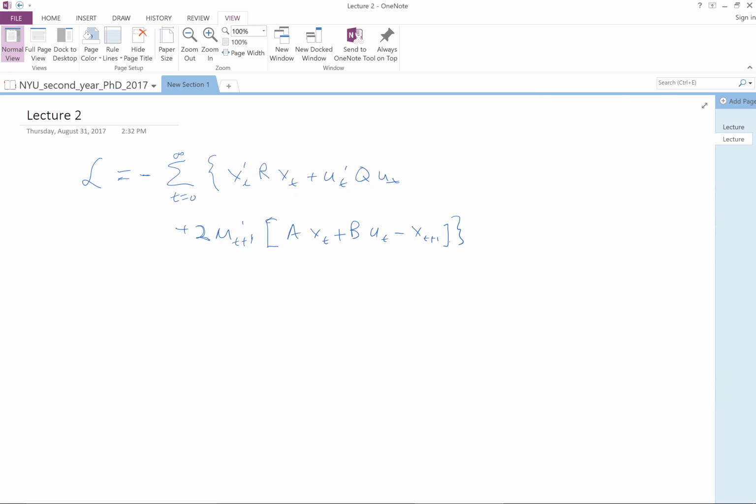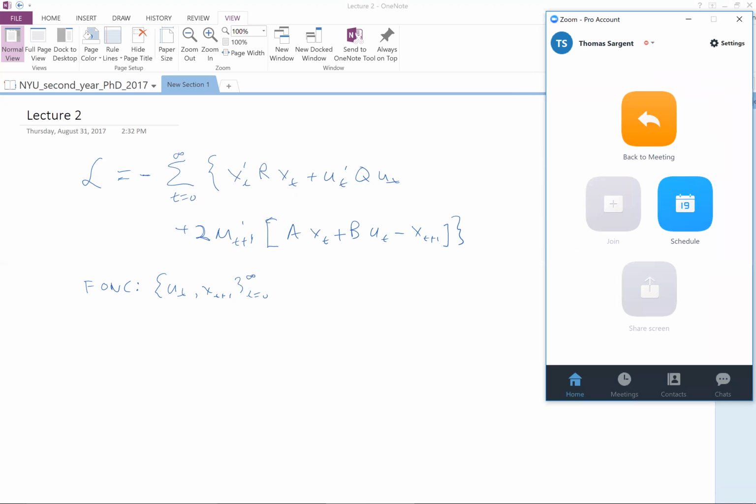So let's get our first order conditions. With respect to ut, xt plus 1, what they're going to be is